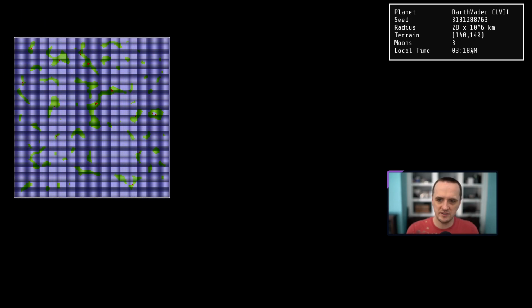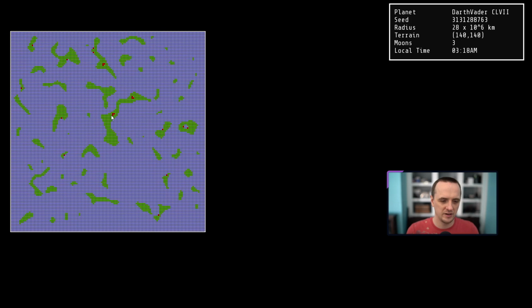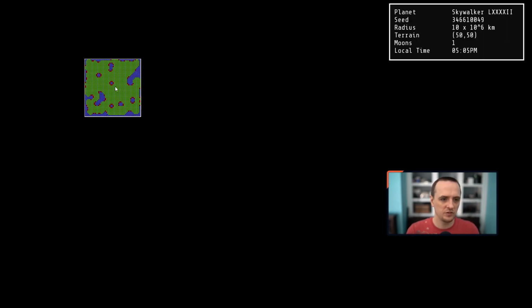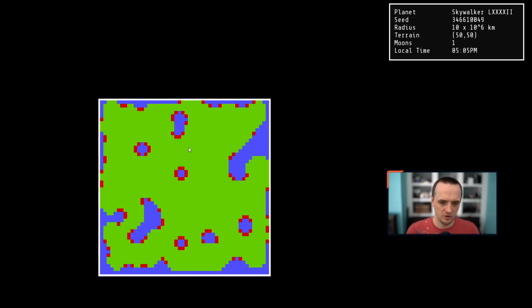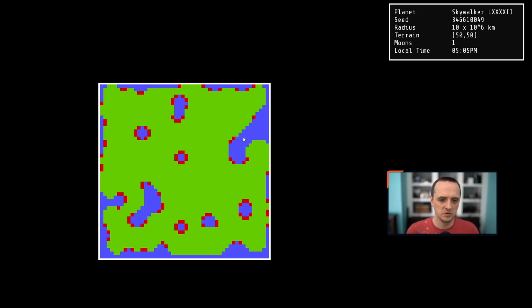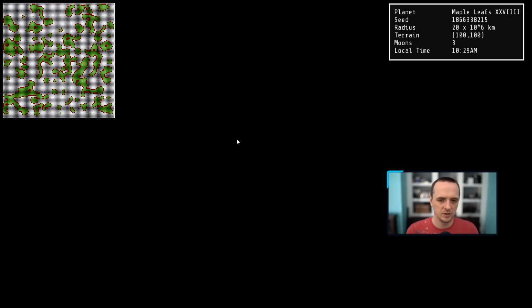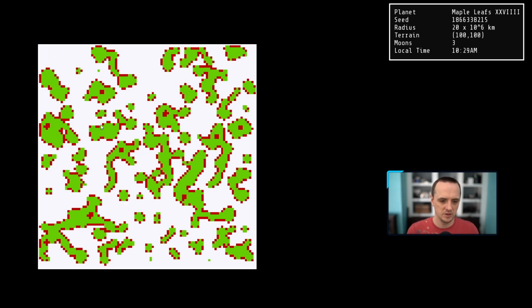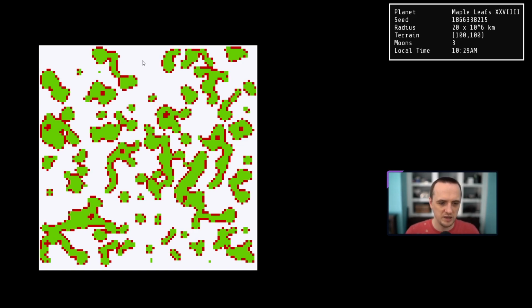So it's 3:18 a.m. on this planet, and so it's still night. So it's still a lightly colored sea. This one is 5 p.m. So okay, now we've got a more dark blue color for the water. Oh, that's cool. This one is 10:29 a.m. I think that should maybe be blue, but we'll